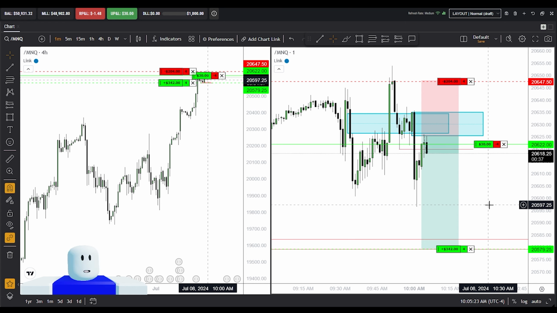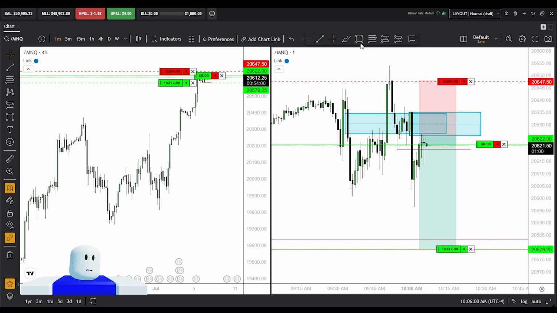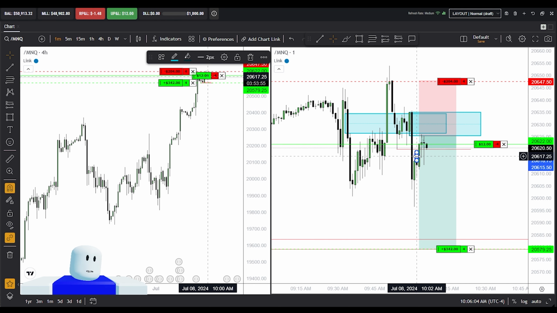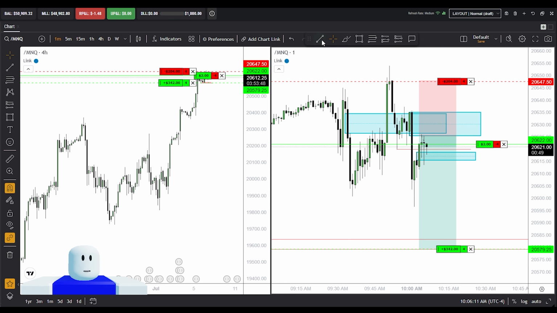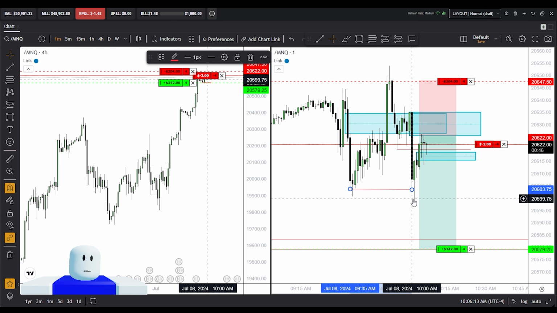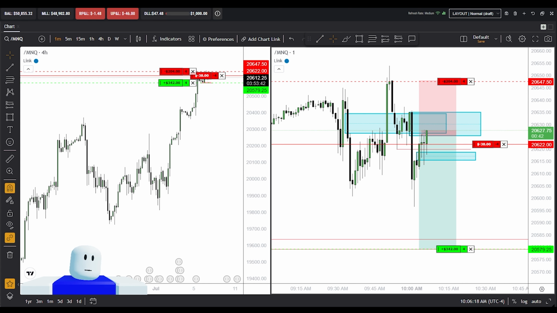Risking 0.5 on this trade. Just let it run. Now price respecting this little 1 minute order block is a good sign that it's likely going to go higher. But I'm trading the manipulation leg to the downside. Now you could argue that it already swept this sell side right here and is now going to continue higher. And if that's the case, I'm just simply wrong about my trade. And that's all.